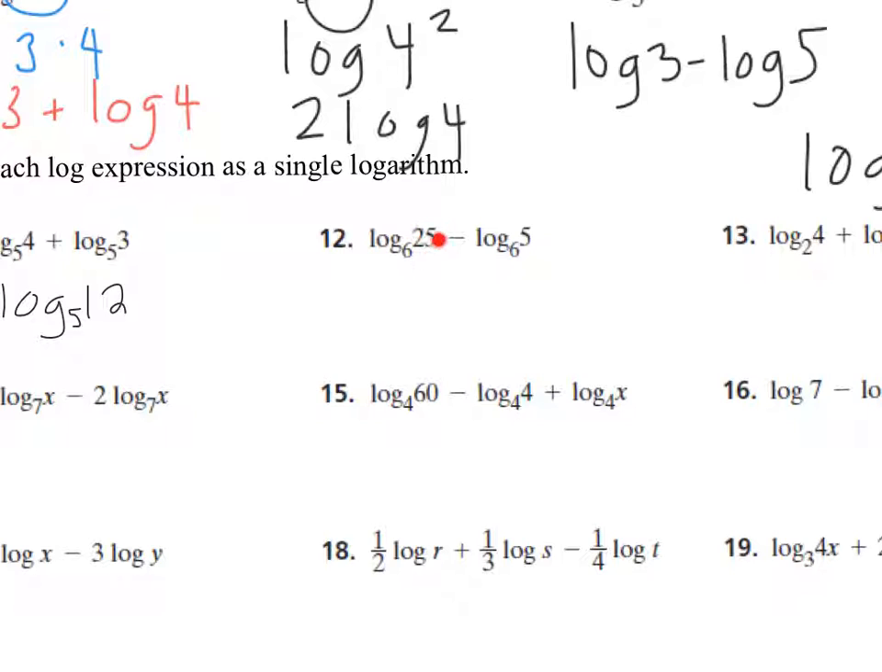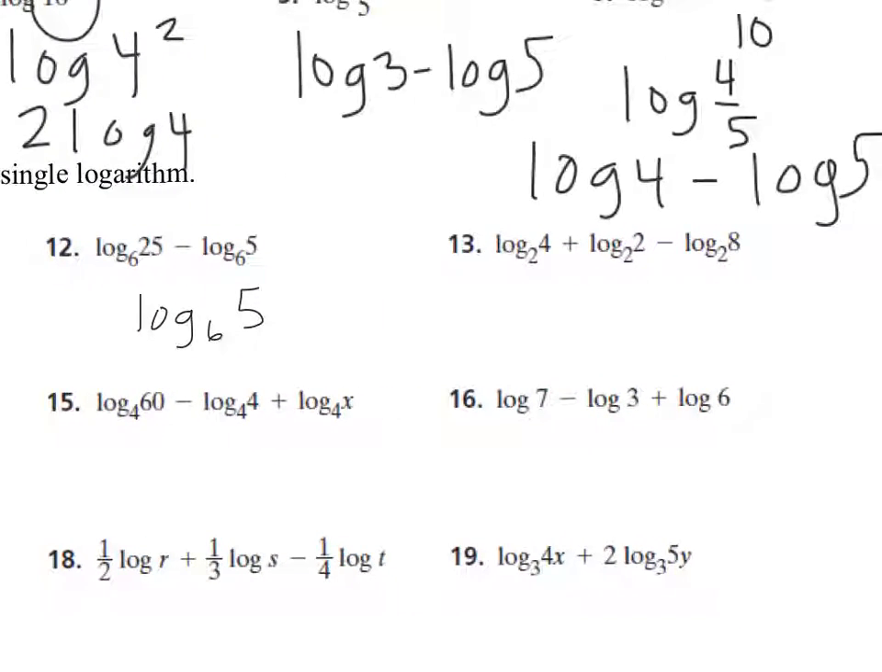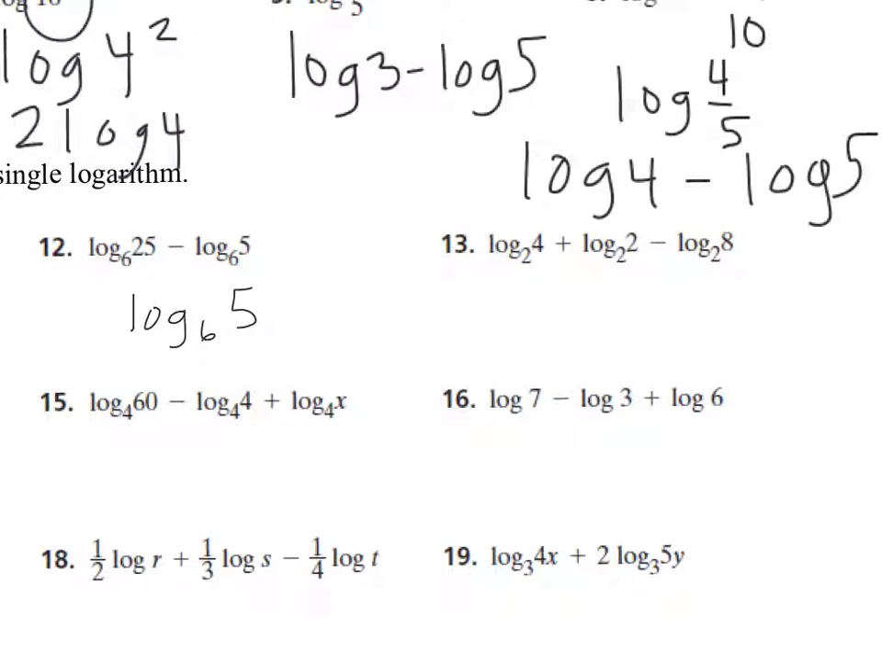Number 12, I'm subtracting. So remember, when you subtract logs with the same base, you actually turn it into division. The first expression becomes your numerator. So this is going to be log base 6 of 25 divided by 5, which is 5. Number 13, go from left to right here. There's no parentheses, so you make sure you go from left to right. So this part is going to be log of 2 times 4, which is 8, minus log